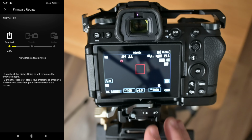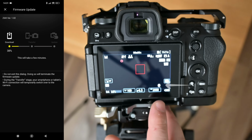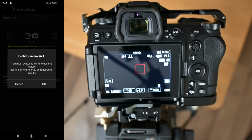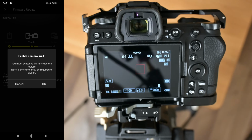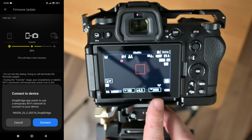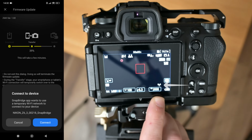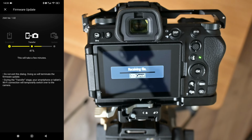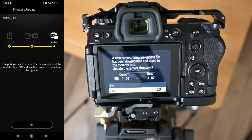Download. Now we know they're connected because the Bluetooth light is flashing and we can see the transfer happening on the phone. Now it needs you to enable the camera Wi-Fi. We will say okay. Now the phone will automatically prompt us and we will see the Wi-Fi logo flashing. And now we will say on the phone, connect. Now the phone is transferring the file to the camera